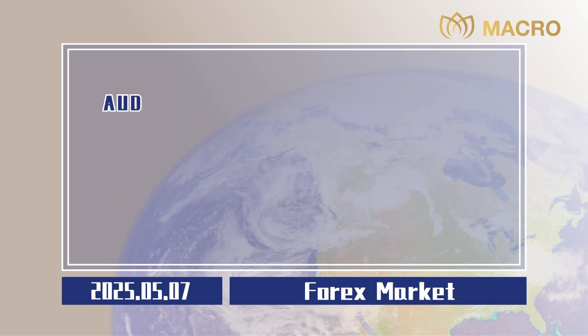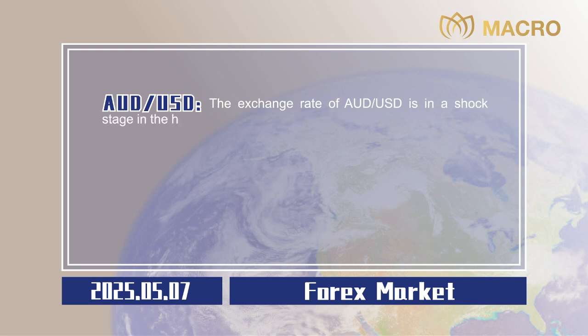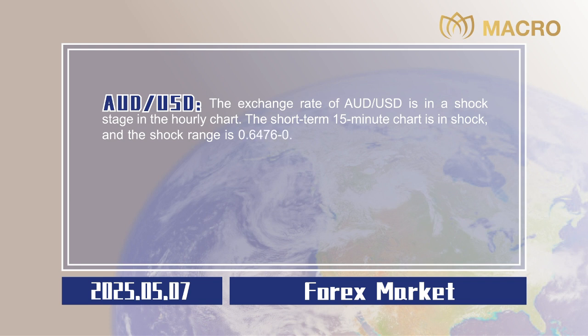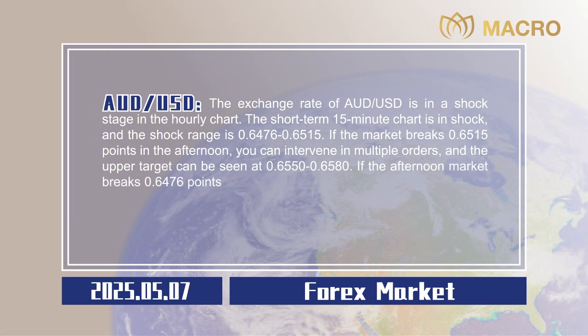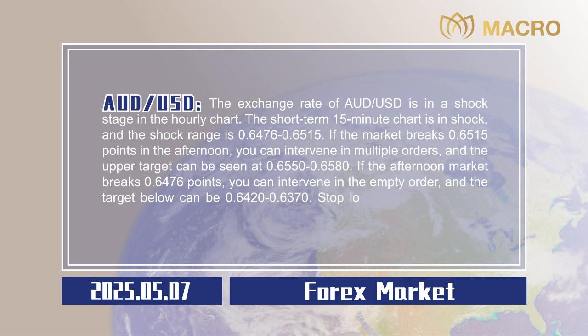0.0020. Australian dollar to US dollar. The exchange rate of Australian dollar to US dollar is in a shock stage in the hourly chart. The short-term 15-minute chart is in shock, and the shock range is 0.6476 to 0.6515. If the market breaks 0.6515 points in the afternoon, you can intervene in multiple orders, and the upper target can be seen at 0.6550 to 0.6580. If the afternoon market breaks 0.6476 points, you can intervene in the empty order, and the target below can be 0.6420 to 0.6370. Stop losses are all 20 points,